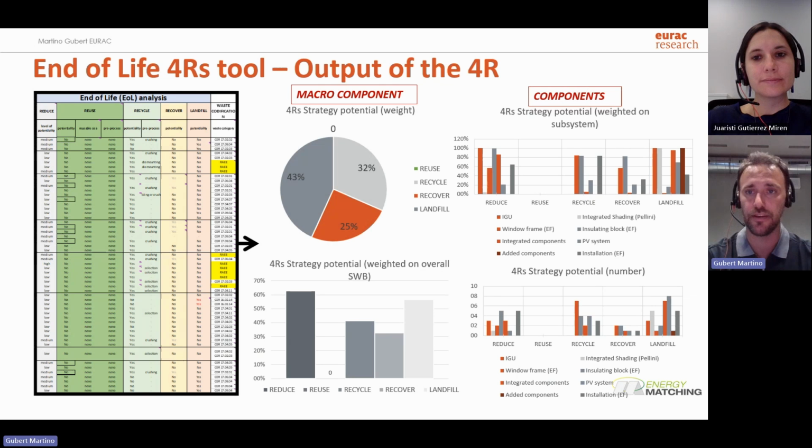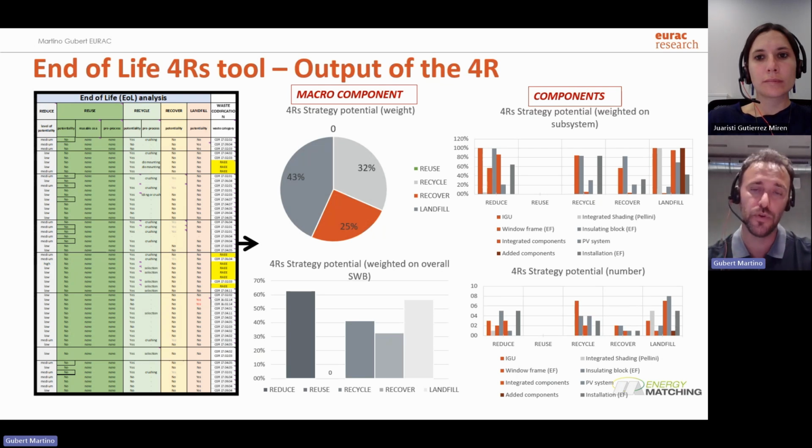So they take their technology as it is now, they fill in the tool, and then they come up with a series of graphs that tell them, in percentage or in real data, let's say kilograms or number of elements, how these elements are distributed. For instance, what percentage of reuse potential we have in kilograms, recycling or recover part, and so on.